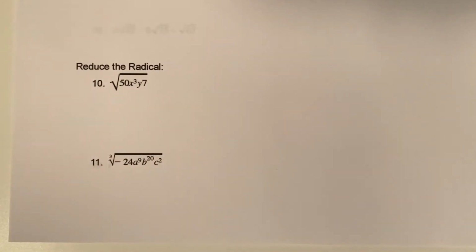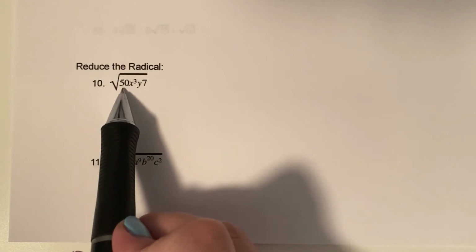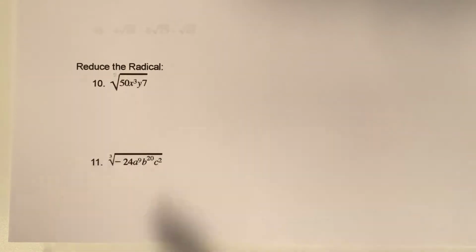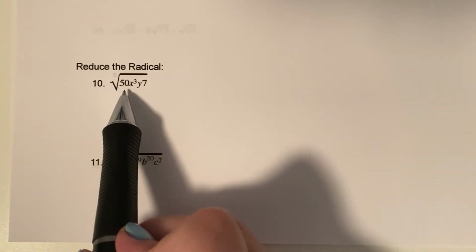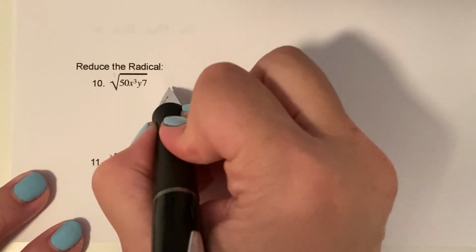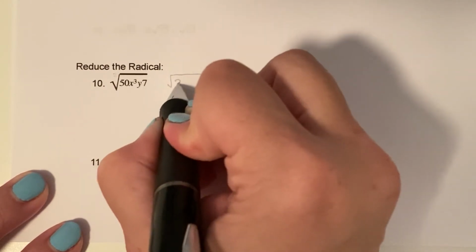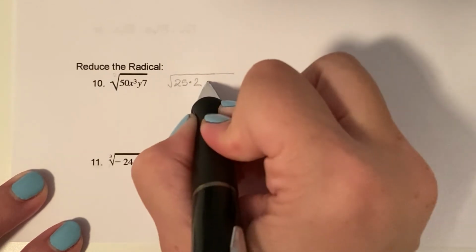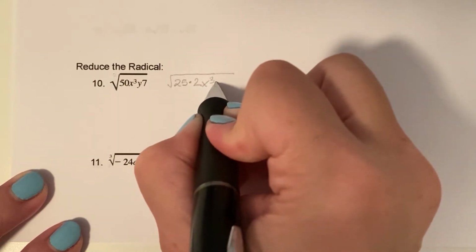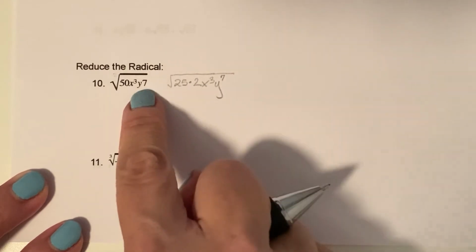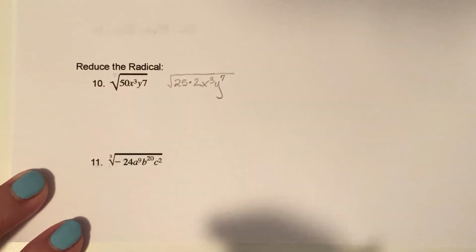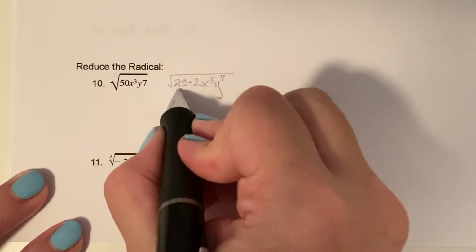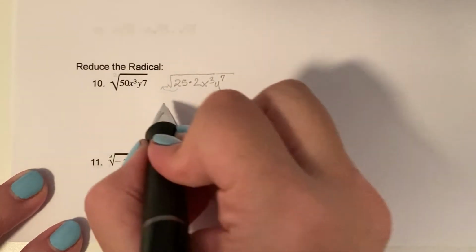Okay, reducing the radical. So the first thing you want to do is reduce the coefficient here. So what perfect square, since we're dealing with the understood 2, what perfect square goes into 50? So that'll be 25 times 2. Okay, and rewrite your variables. That's supposed to be y to the 7th. I don't know why it came out that way. Anyway, so now we square root the 25, so we get 5